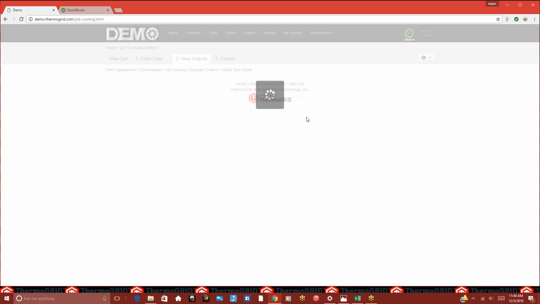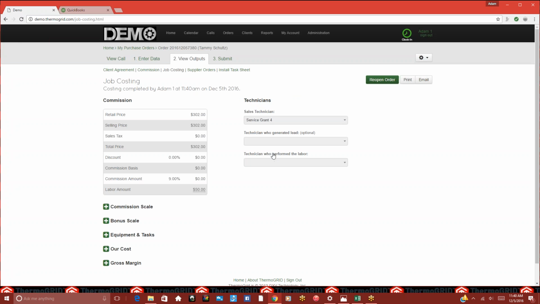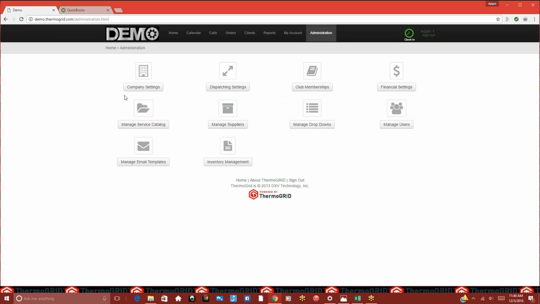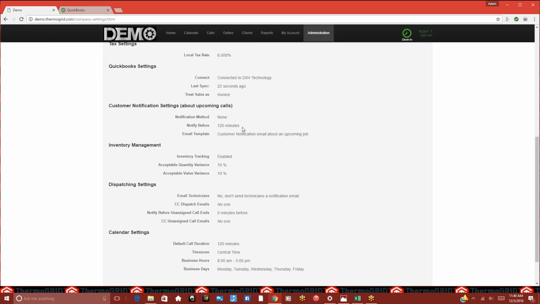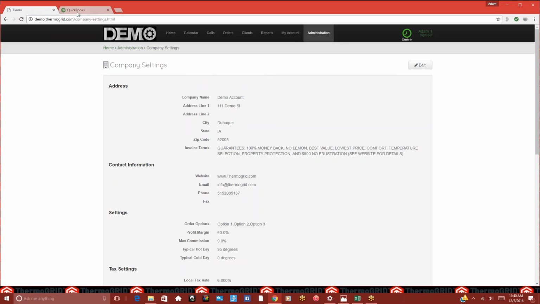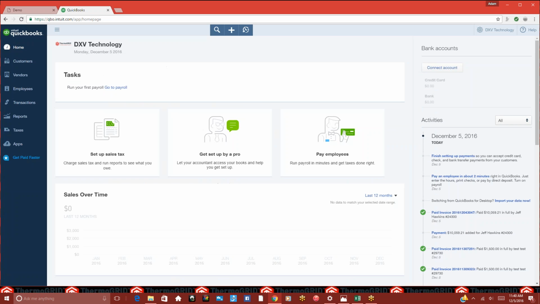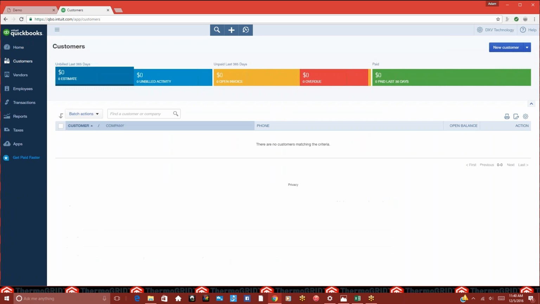Once you mark this as complete, now it's going to put it up into queue for syncing it to QuickBooks. And we'd be able to see under here in the company settings exactly when it takes place, but it looks like 22 seconds ago it did sync it. It will sync every 10 minutes. So once we go into this, let's see, that didn't make it on that queue,